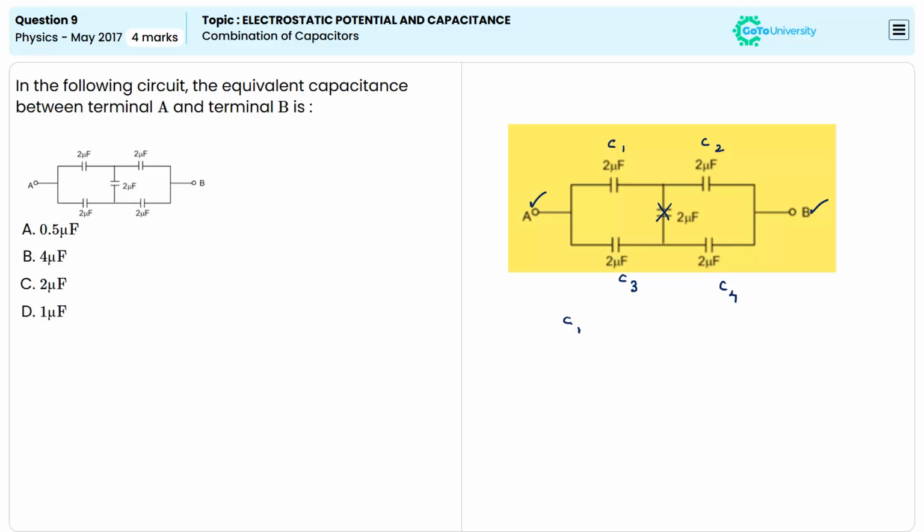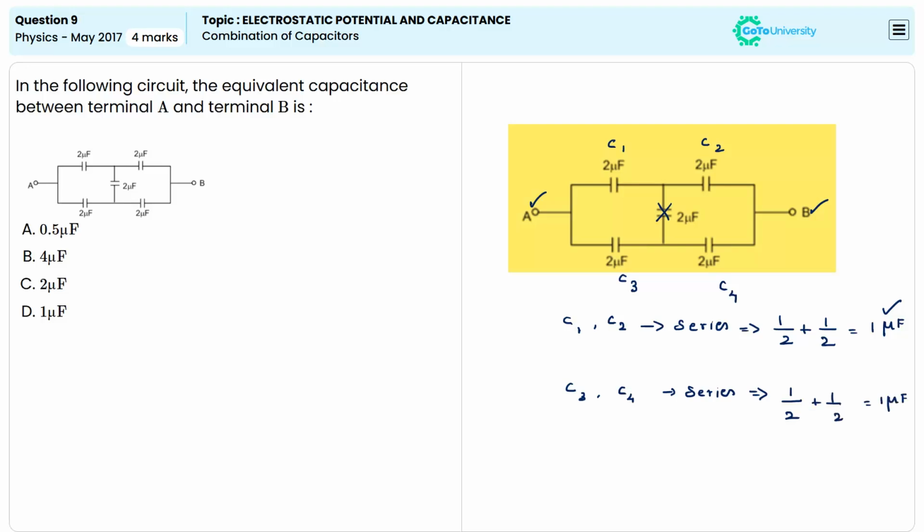So here C1 and C2 capacitors are connected in a series connection. So whenever they are connected in series, we can write the total capacitance as 1 over 2 plus 1 over 2. So we will get 1 microfarad as the total capacitance. Similarly, C3 and C4 are connected in a series connection. So here the equivalent capacitance can be calculated by 1 over 2 plus 1 over 2, which will be equal